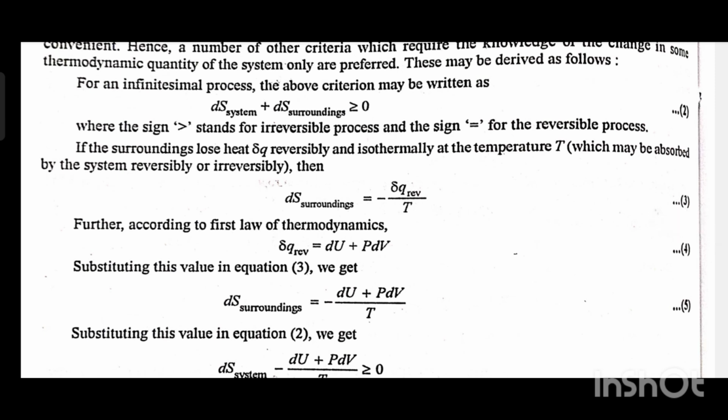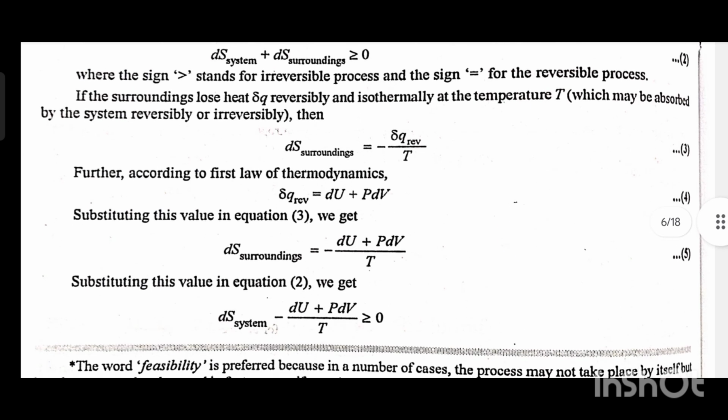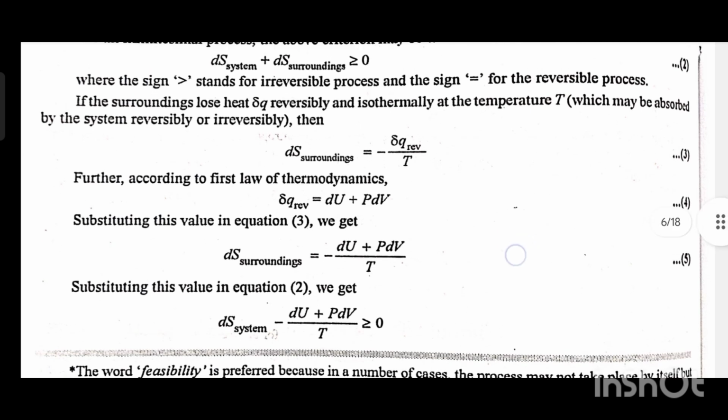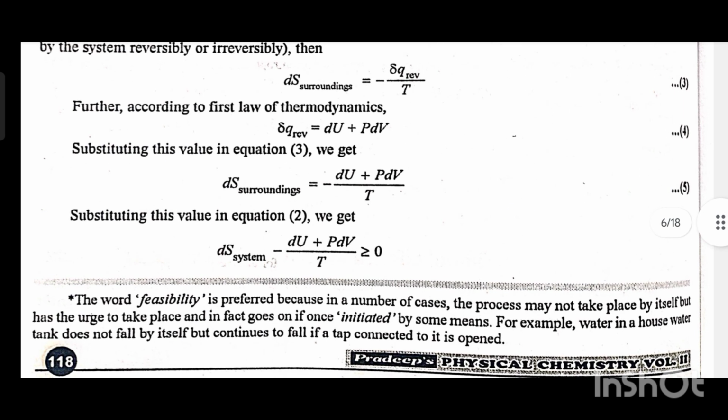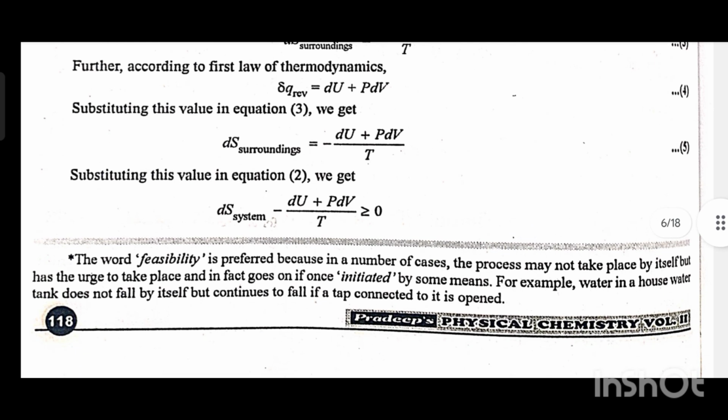stands for a reversible process. If the surrounding loses heat δQ reversibly and isothermally at the temperature T, which may be absorbed by the system reversibly or irreversibly, then dS surrounding is equal to minus δQ reversible upon T, that is equation 3. Further, according to the first law of thermodynamics, δQ reversible is equal to dU plus PdV, that is equation 4. Substituting this value in equation 3, we get dS surrounding is equal to minus (dU plus PdV) upon T,